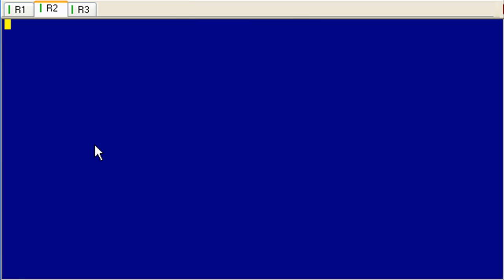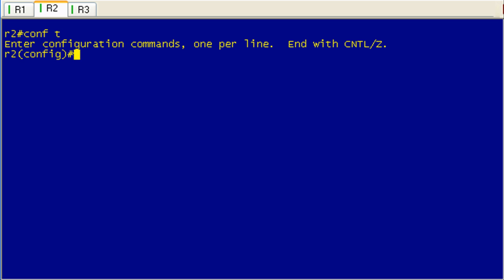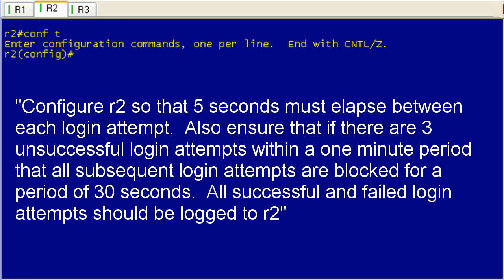Go ahead and quickly clear the screen, and go into configuration terminal mode. The example that we had on the slides, we're going to use that example on R2. What I had here was: configure R2 so that 5 seconds must elapse between each login attempt. Also ensure that if there are 3 unsuccessful login attempts within a 1-minute period, that all subsequent login attempts are blocked for a period of 30 seconds. All successful and